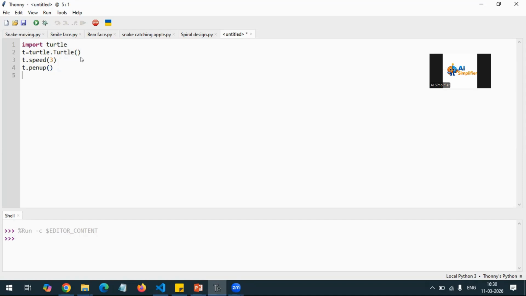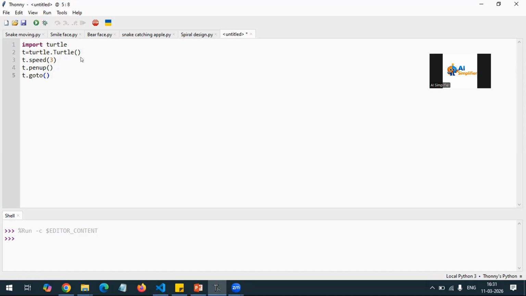Now, as I told you, the pen is not touching the paper, so the turtle is moving but not drawing. I have to set the X and Y coordinate where I want to see my smiley face. So let's select the XY coordinate first. Now my pen will go to the position where I want to see my circle.